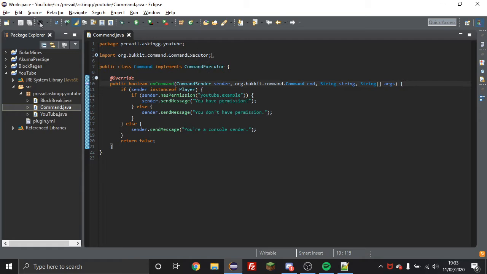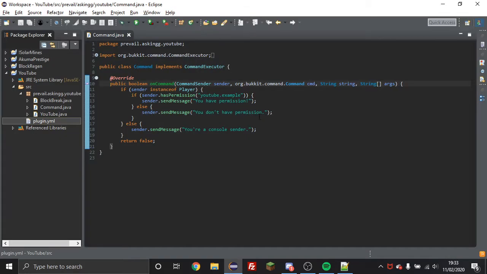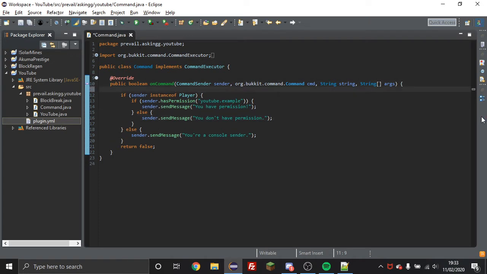So first of all, you need to register your second command within your plugin.yml. I'm going to just do player, and then description, target a player. So now within here, what you're going to first do for your first command is if